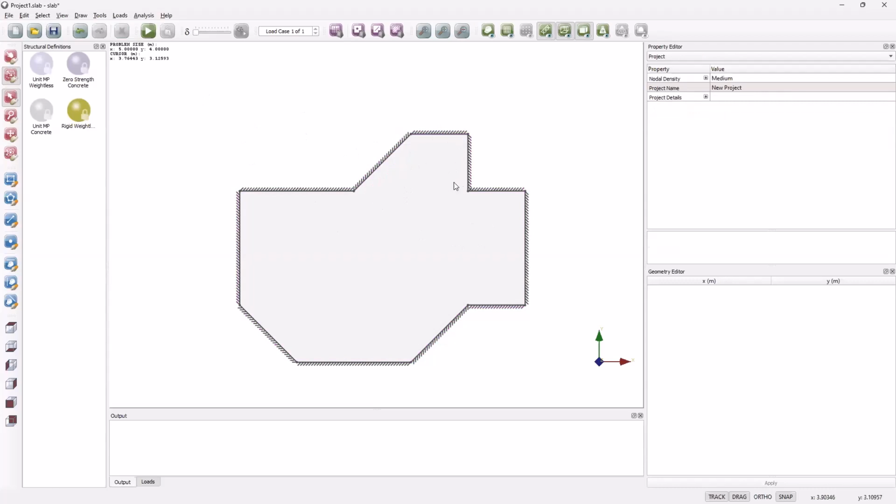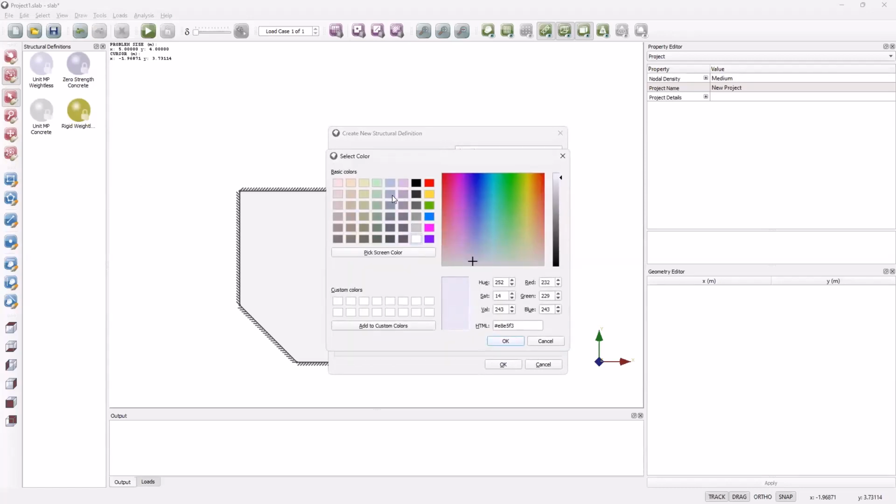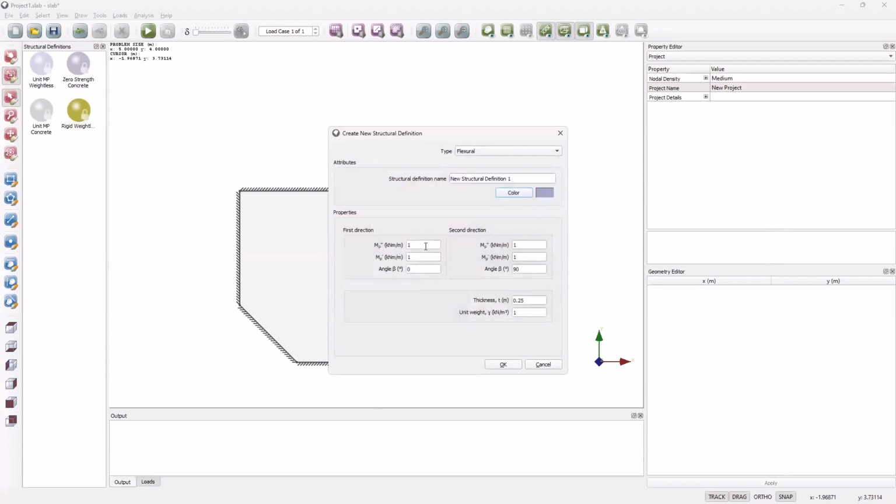So we have a geometry, we have our support conditions. The two things that we need to apply to it now are some sort of material properties and also some loading. So the first thing I'm going to do is just define what we call a structural definition. It's a flexural one. We're going to call it new structural definition because that's what's been suggested. And then for the sake of this, we're just going to have in the first and second directions an MP of 1. So what we can do is actually apply MP of 1 in hogging and sagging in both of